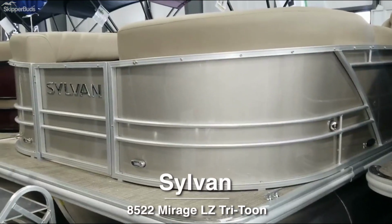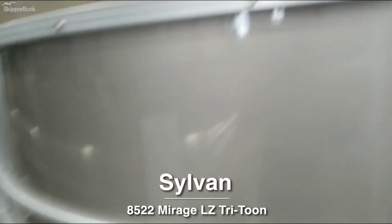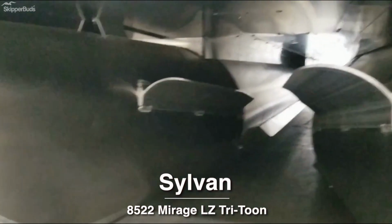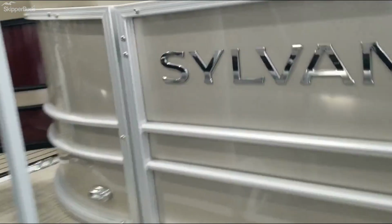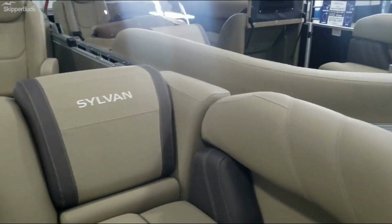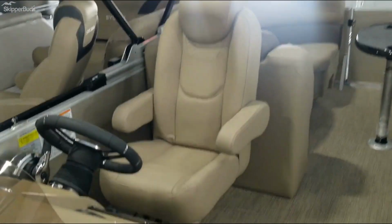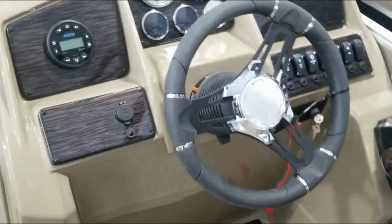Today we have a 2022 Sylvan 8522 Mirage LZ Tri-Toon. Show you underneath here, it does have the performance package on it. Two loungers in the front, recessed cup holders, dual captain's chairs, they are the high backs, rated for 12 passengers,